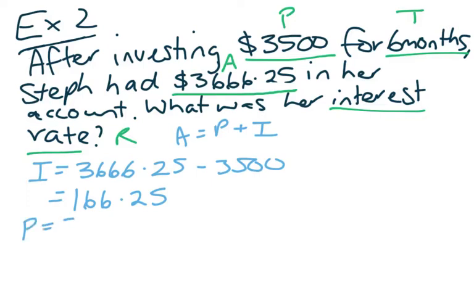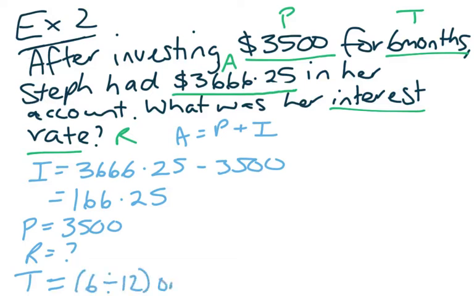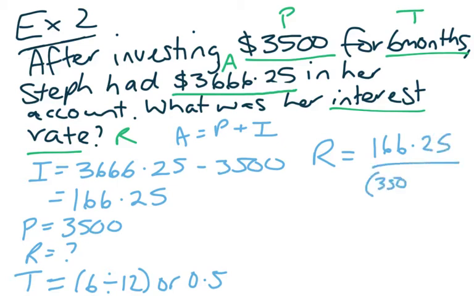We know the principal, which is 3,500. We don't know the rate. And the time is 6 months. So we can put it in as 6 divided by 12 or 0.5 because we know that 6 months is half a year. So we need to do our formula now, which is the interest, 166.25 divided by 3,500 multiplied by 0.5. Now again, if you put that into your calculator correctly, you should end up with